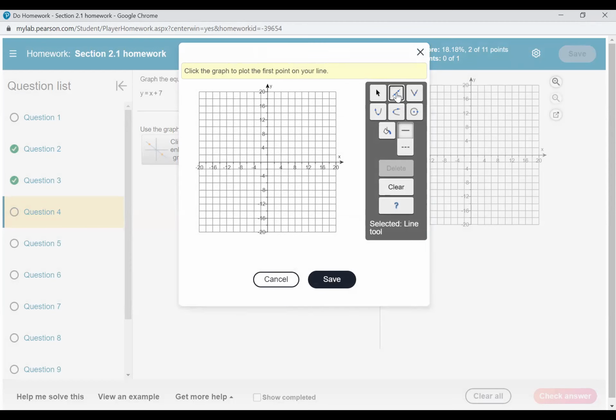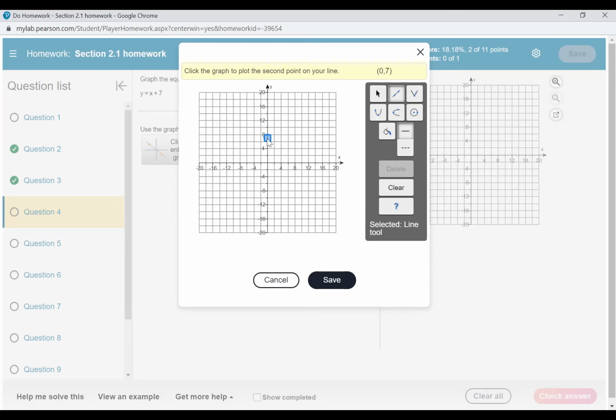So I'm going to start with 0, 7. So starting in the center, x is 0, so I stay there. The y value is 7, so I'm going to go straight up 7. And it looks like each of these is going by 2s on it. So there's 0, 7, and I'm going to click it. Now notice in that little yellow banner at the top, it shows that my point is 0, 7 on that,